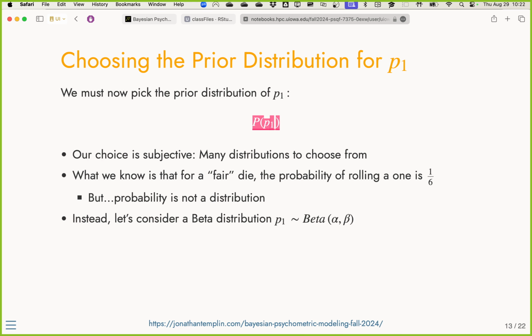But you might want to realize that I don't always bring a fair die. In fact, when I came in the last time to teach class, I had a loaded die, and it kept rolling 1s. So it's like, oh, am I playing a joke on you? You don't know, right? So you might want to leave some uncertainty for a number that might not be 1/6, because you know your instructor likes to change things up a bit. So let's consider something called the beta distribution. How many of you have heard of a beta distribution before?